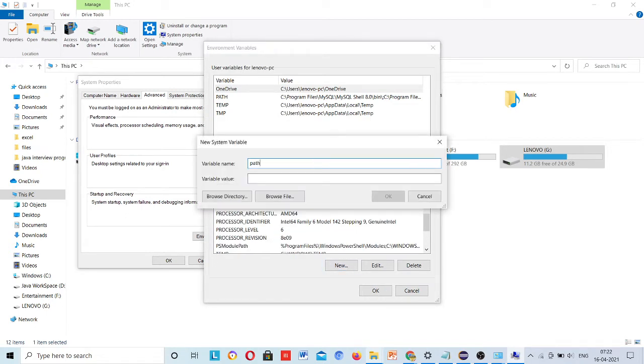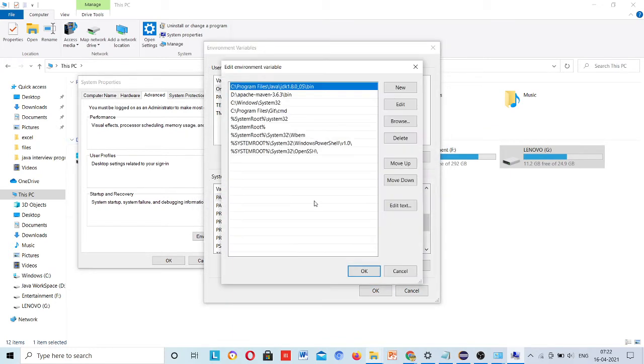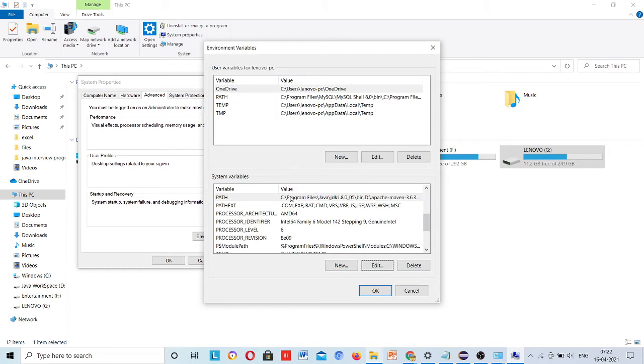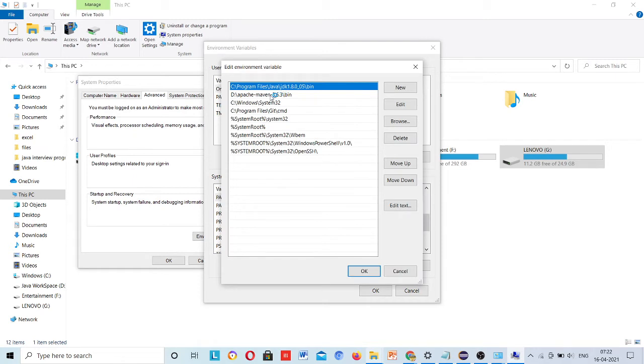Type here Path in capital letters and paste it and click OK. Here double click on this. If many paths are already there, as I have on my machine, that's what I am showing you. Double click on it and you can see this is saved.